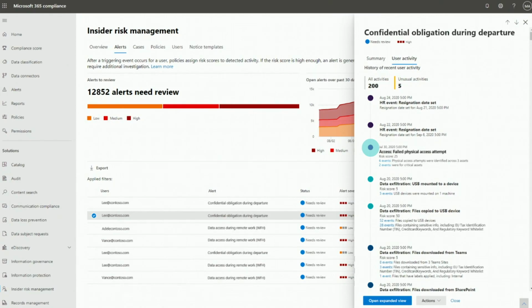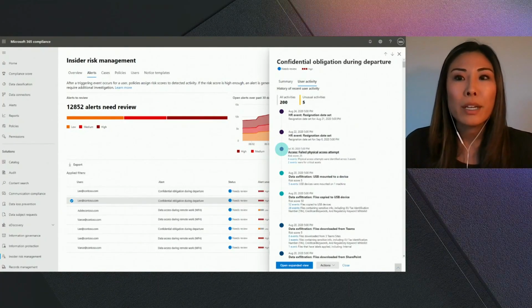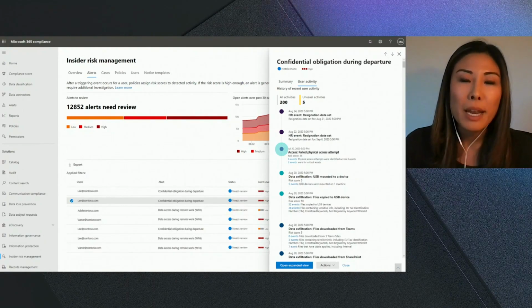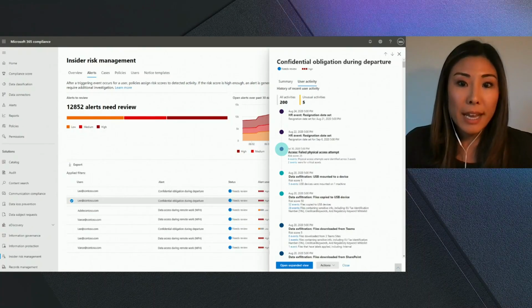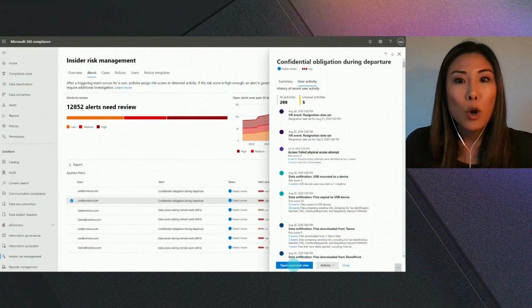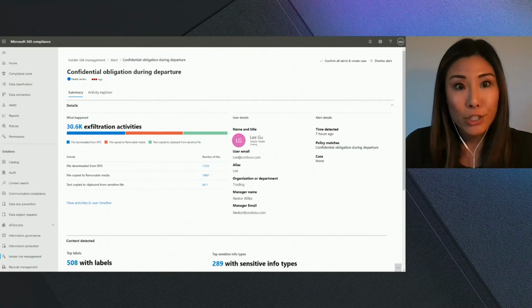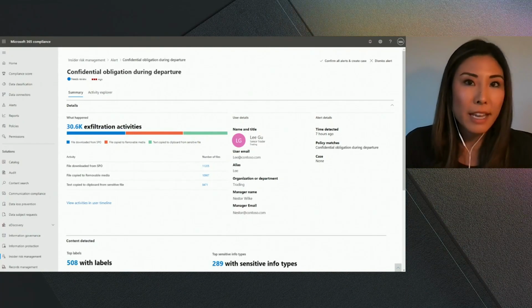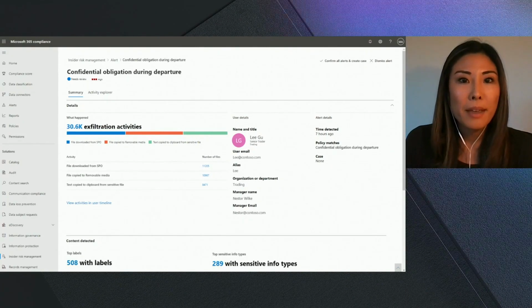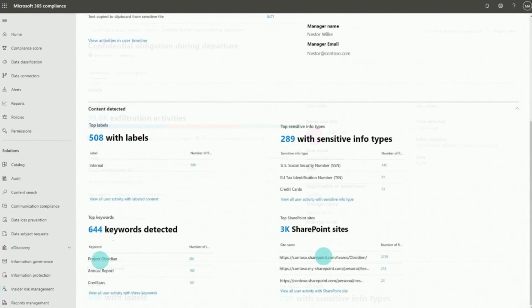So we know that a big part of reviewing alerts is making sure that you can confidently review it and make a decision on what next steps and actions need to be taken. And so we're super excited to announce today significant enhancements to the alert review experience. So now you can open this expanded view, and in addition to a high-level bird's eye view of all of the activity and a breakdown by activity type, if I scroll down, you'll also get a new dashboard that summarizes the enriched context related to the files and the activity for this alert. So at a glance, I can see the impact of this activity